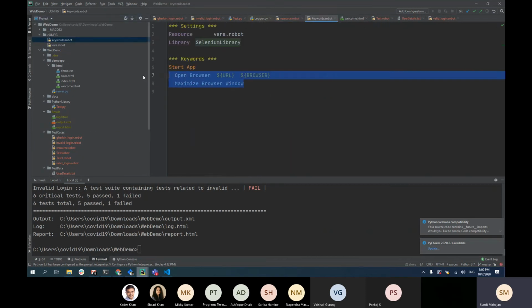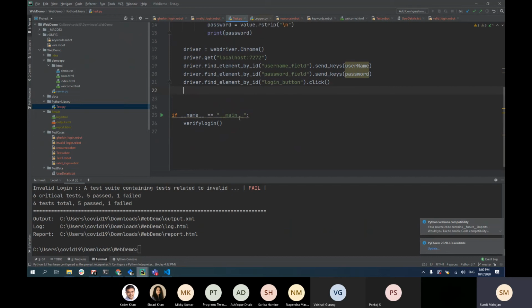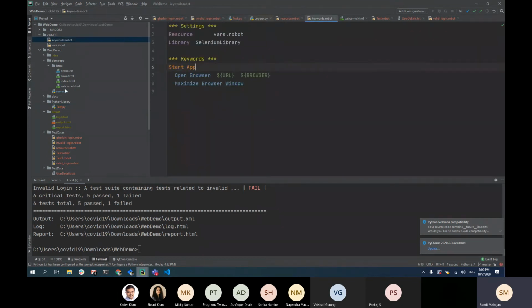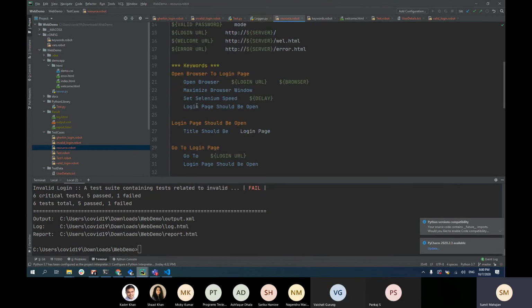So this is one I created, like start app. This is my custom keyword, and what it is doing is opening a browser and maximizing the window, right? In that way, I can keep writing code depending on the complexity of the code. The more complex it is, which cannot be handled by Selenium directly, then I have to go to the library and write my custom code, which can be this. And then if it is not custom code, if I'm able to take advantage of the Selenium library to define the workflows, I can create multiple keywords here, which